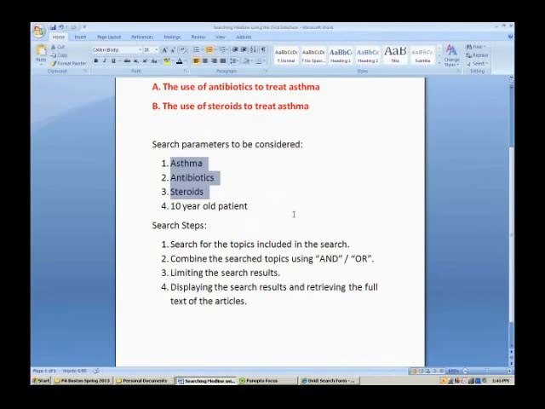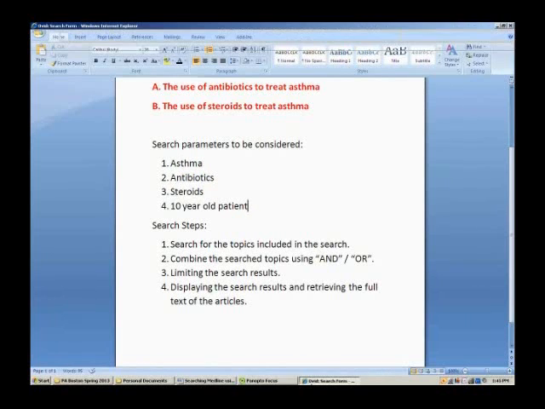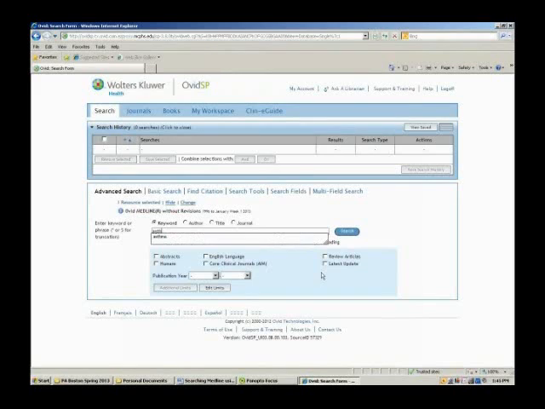We aren't going to search 10-year-old patient because you will find that you can target articles to that age group by using the limit command. So we're going to search each of these three topics, asthma, antibiotics, and steroids, separately first. So we enter our first search term,